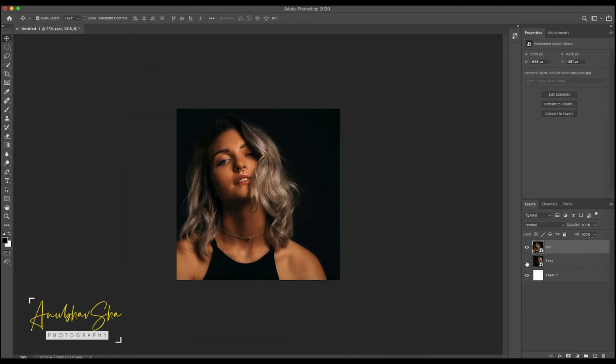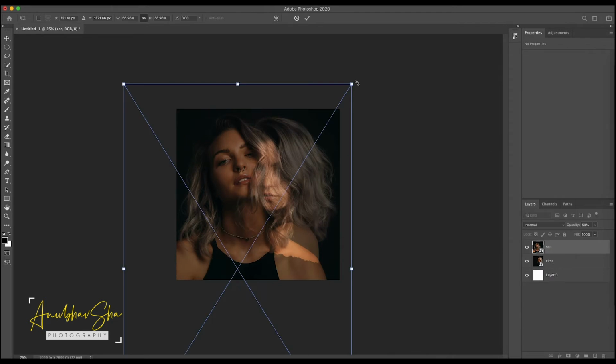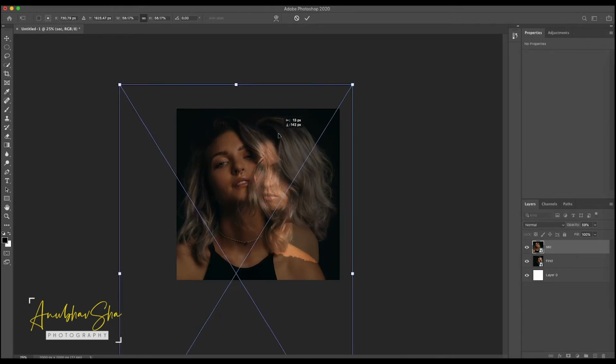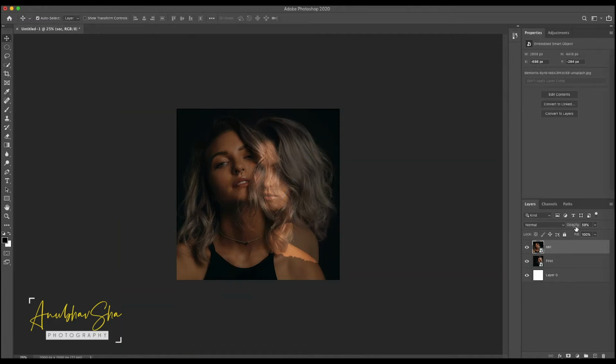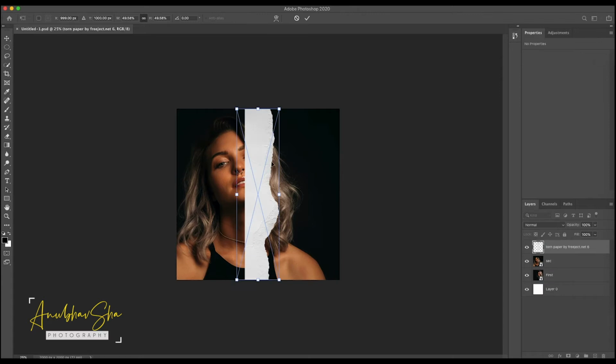I'm just going to enable this particular image as well, and I'm decreasing the opacity of the second image so that I'll be able to see the underneath layer to adjust its size as per the perfect ratio. Alright, once it is done, just press enter and set its opacity back to 100%. Now after achieving it, just bring your tone paper onto the canvas. So for this session, I'm going to use this tone paper effect.